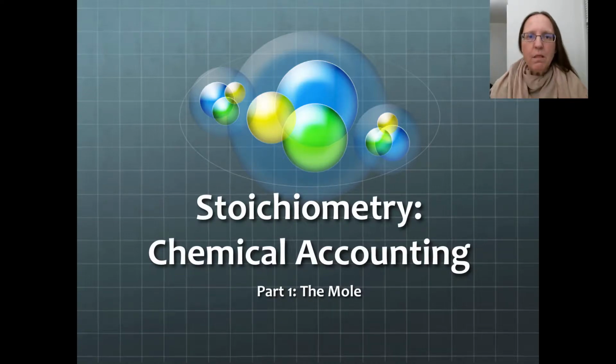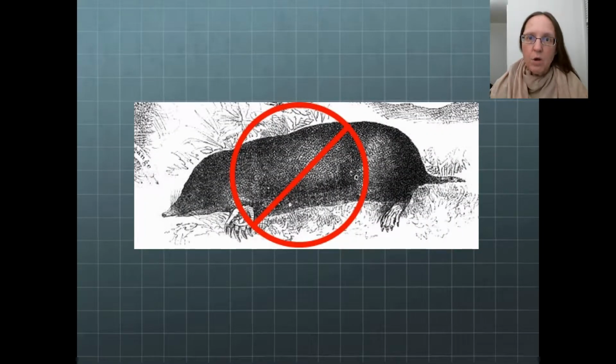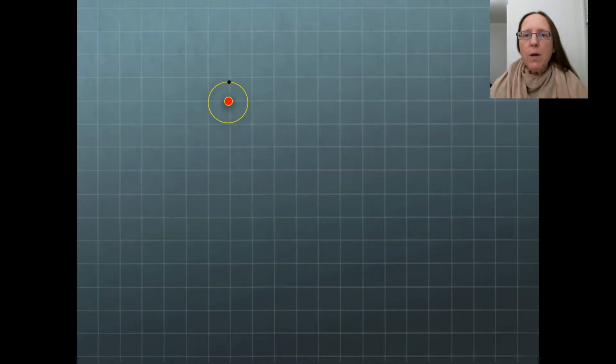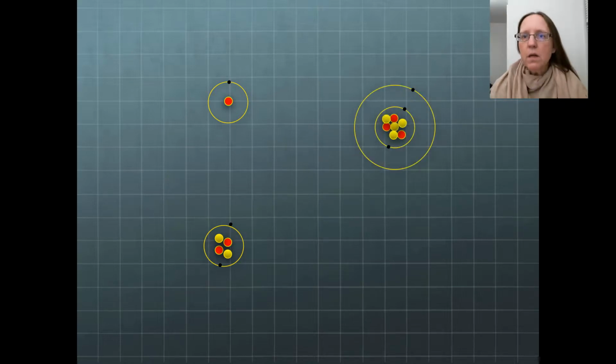Stoichiometry Part 1, the mole. Stoichiometry is the word for chemical calculations, figuring out amounts of materials which will react in a chemical reaction. But before we can do calculations, we need a concept called the mole, not a small furry creature that lives underground. Recall that atoms are made of protons, neutrons, and electrons, with the nucleus of protons and neutrons having the